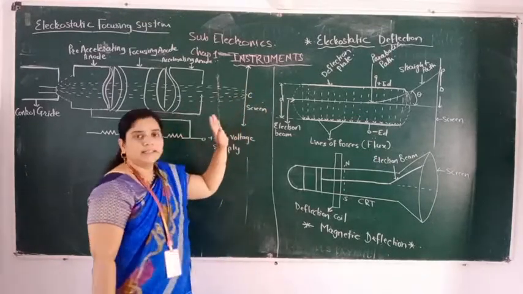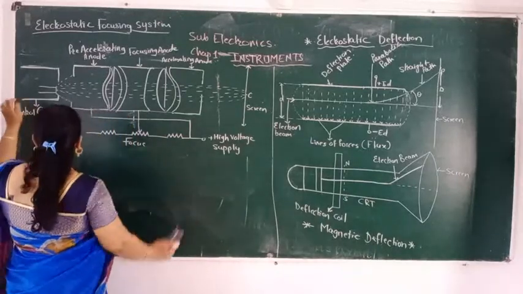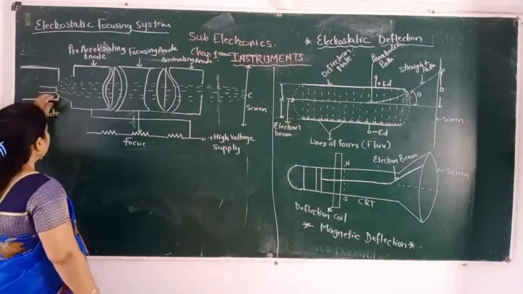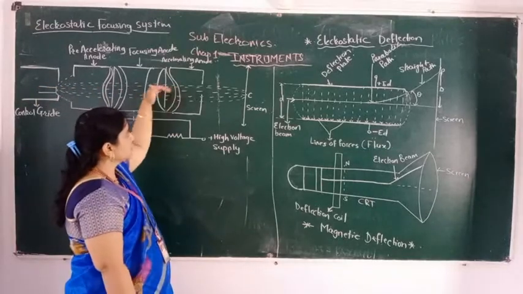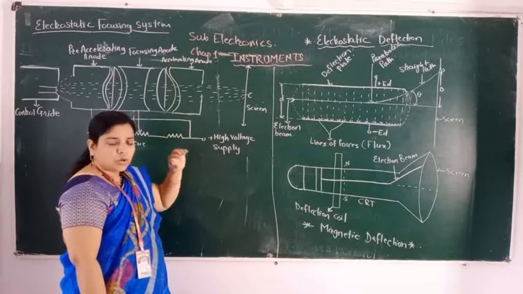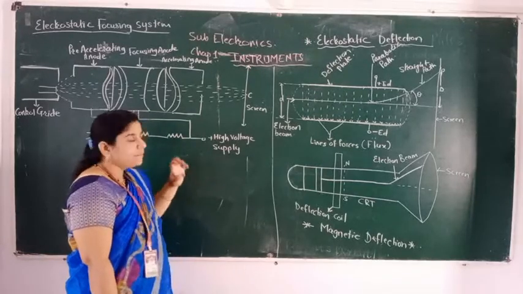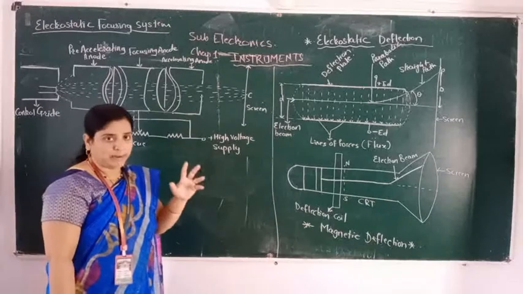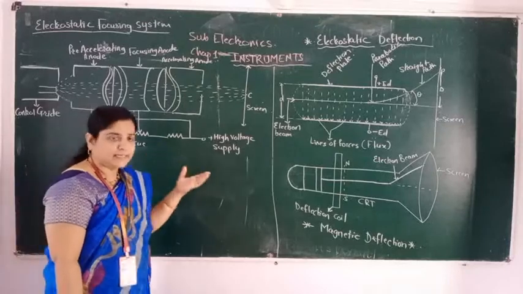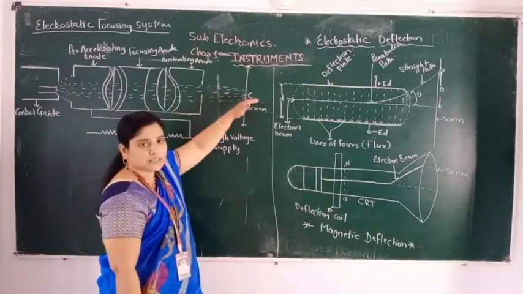And this screen is made up of a fluorescent screen. Okay, so what happens if supply is given here to the control grid? The electron beam will pass through this and strike on the screen. Its speed of passing is not fast if the accelerating anode is not applied. If the accelerating anode is applied, then its kinetic energy will increase. So it moves fast towards the screen.